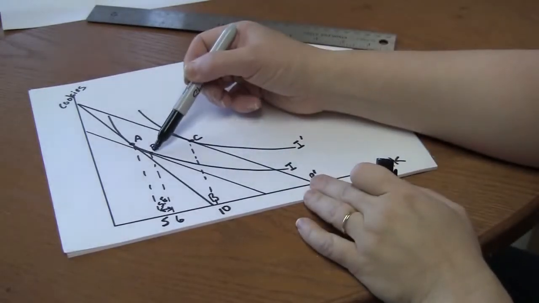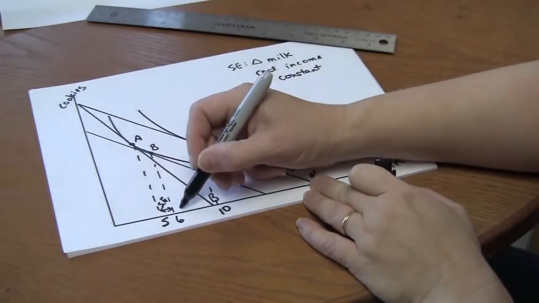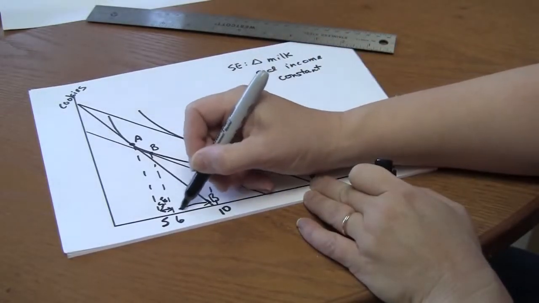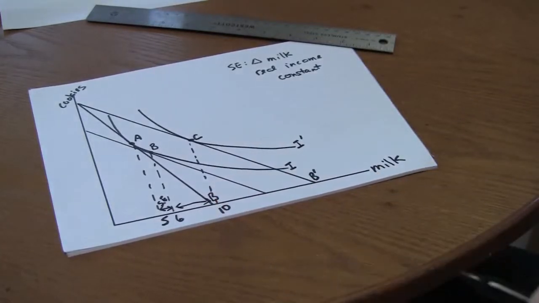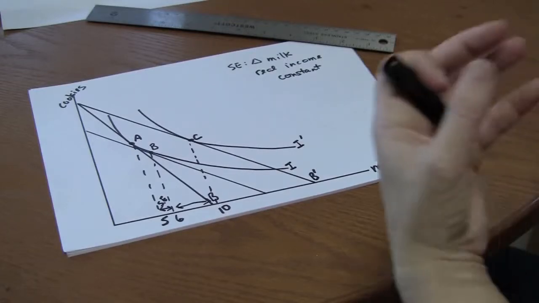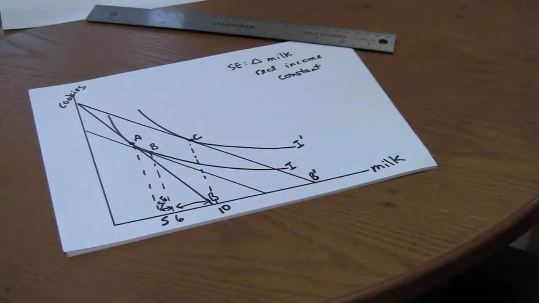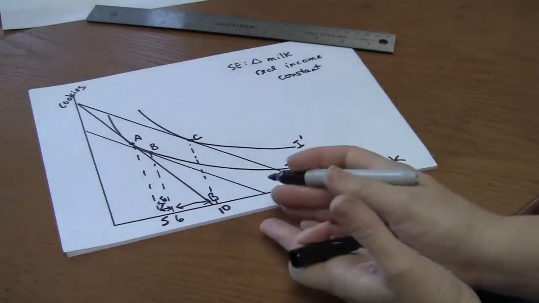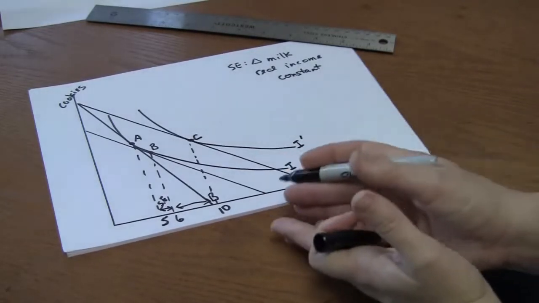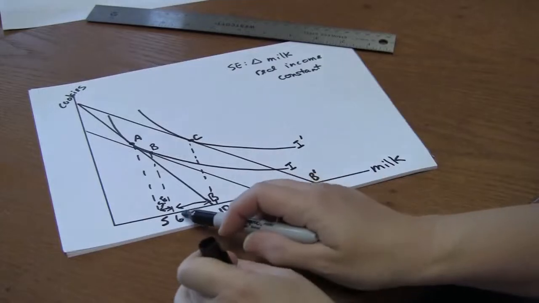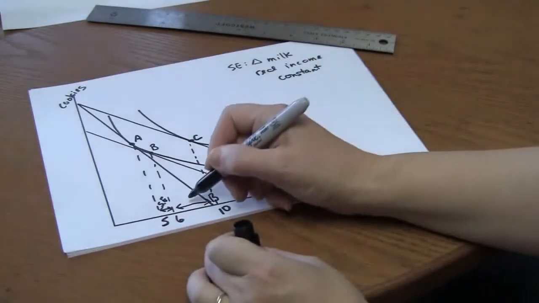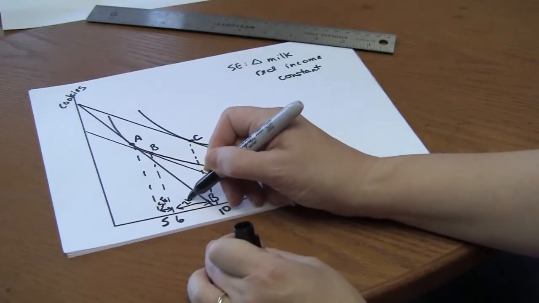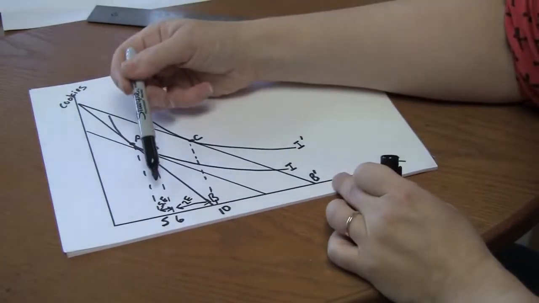The movement from B to C is the impact of falling prices through the increase in consumers' purchasing power. Because milk is now cheaper, the consumer has more purchasing power, their real income has increased. That increase in real income causes this increase in milk consumption from 6 to 10 cups. That's the income effect. Okay, so from